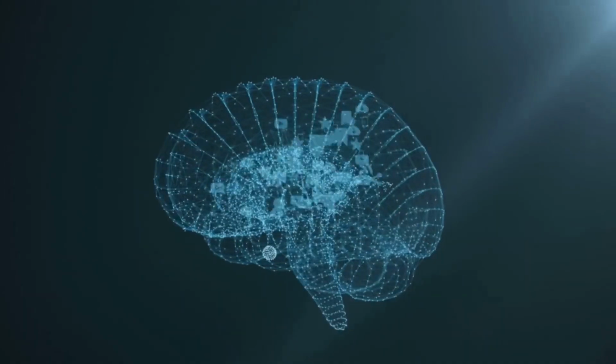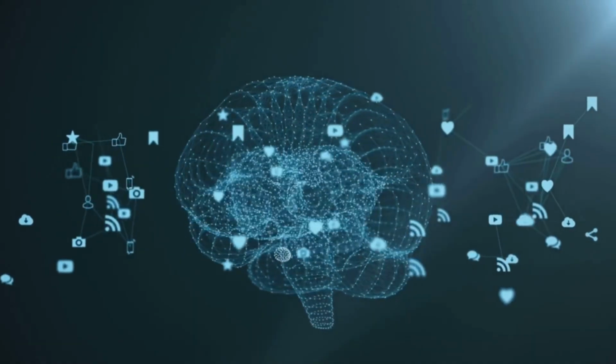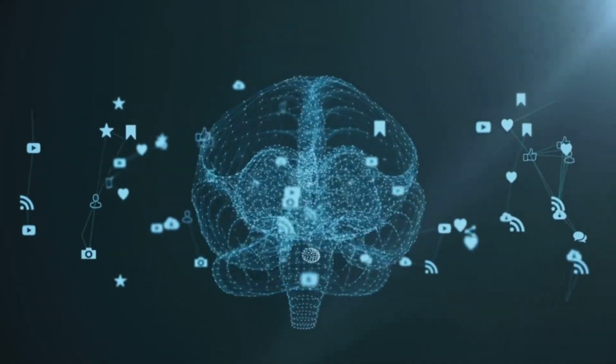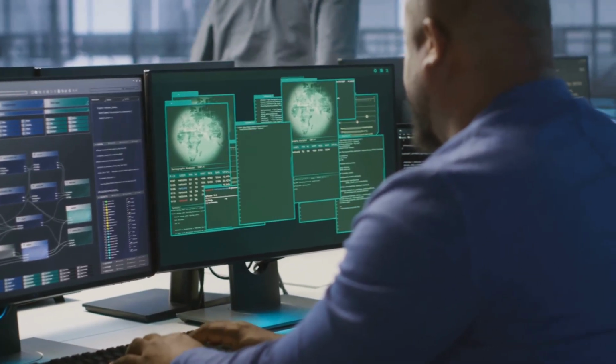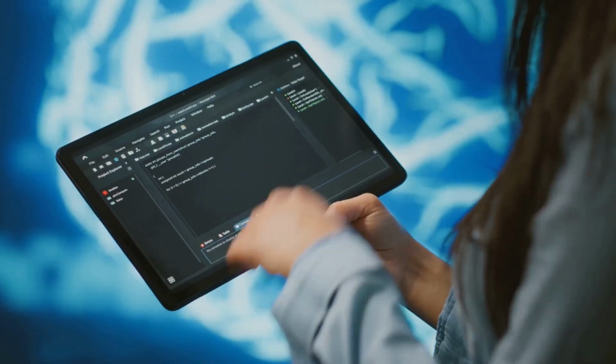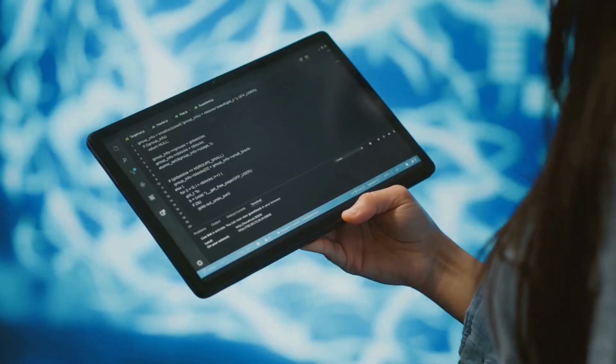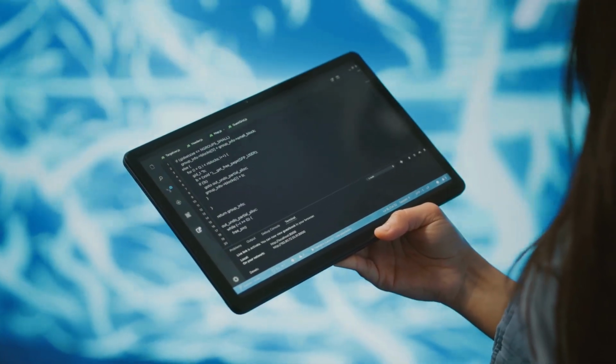The field advances fast. Generative models and edge AI expand possibilities. New hardware enables bigger models and massive-scale deployment. Start now. Learn Python and math, build projects, communicate well, and practice responsible AI.